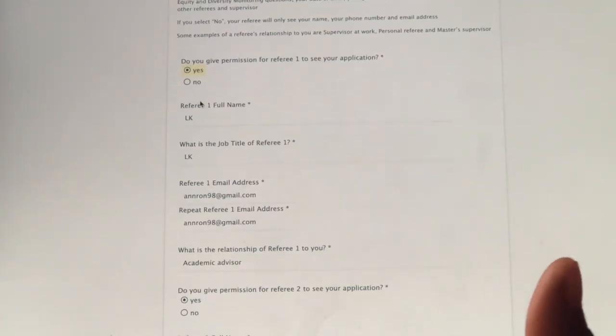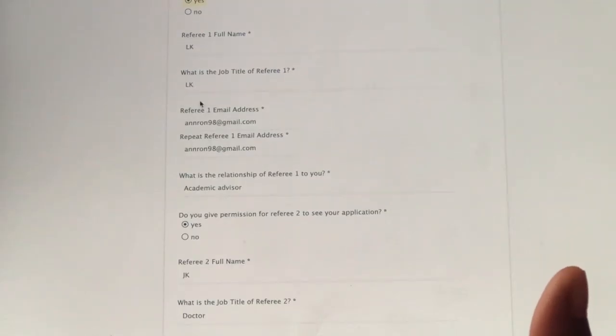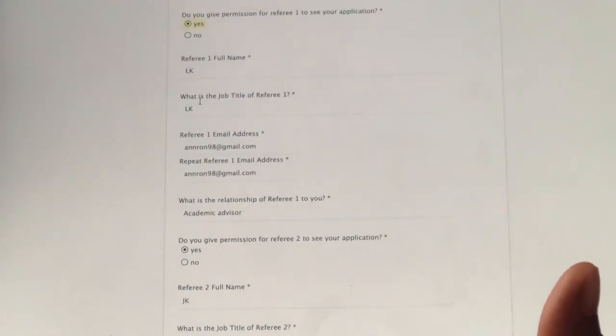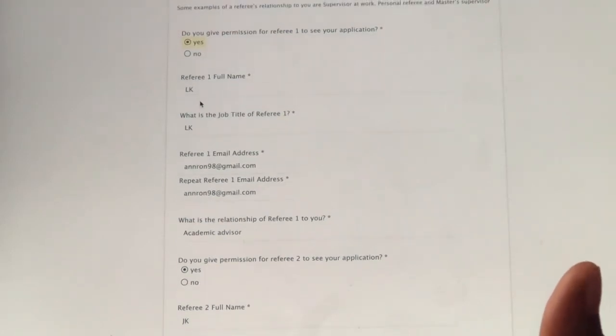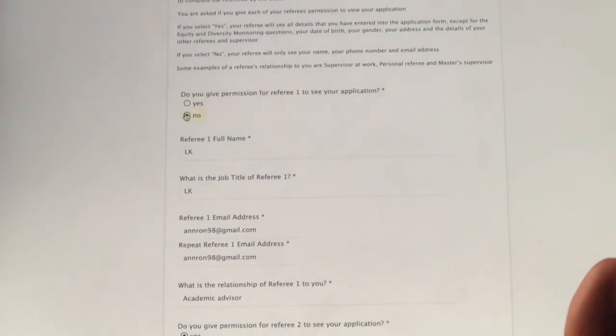But if the referee is not a nice person, because you can never know if the person really wishes you good or bad. I'm not saying that you should judge people like that, but I'm talking about the real world. I've seen many people complaining that their bosses said they don't know them. So you really have to be careful on that. And so I just said no.